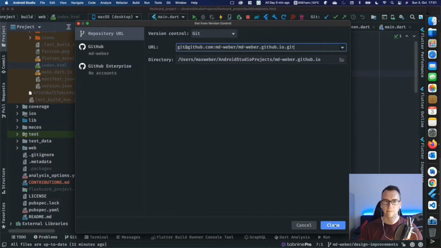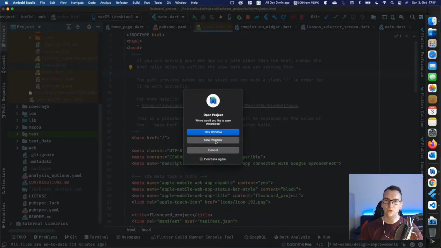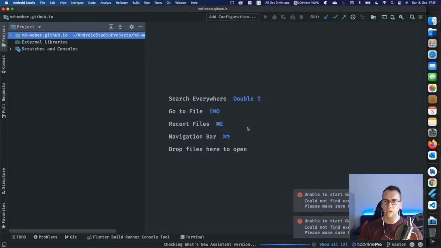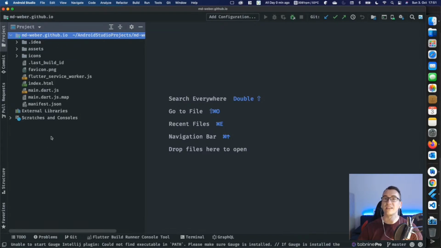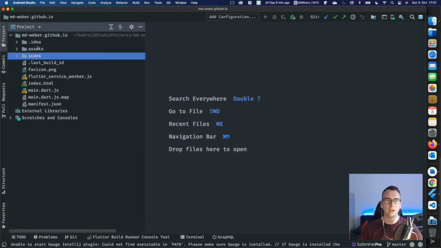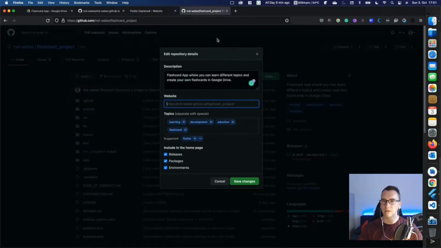and yes, that's good. And we use a new window for that, so that we have a bit of space. And as you know, Android Studio is not really happy with everything that is not Flutter or Android or Dart related. So at the moment, we don't get a lot of support here. But what we want to have is inside of that